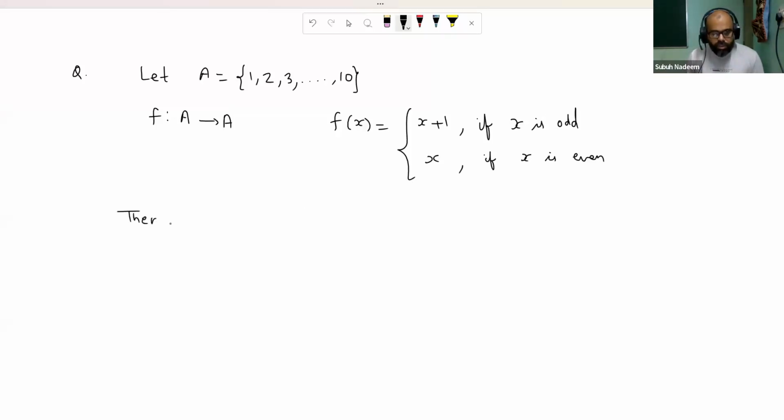Then the number of possible functions g from A to A such that